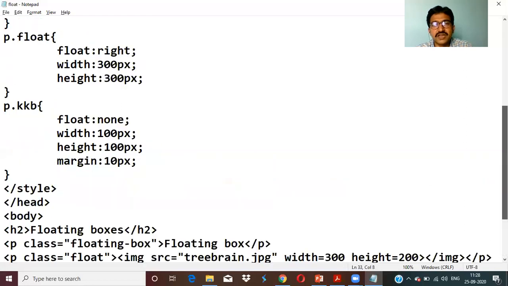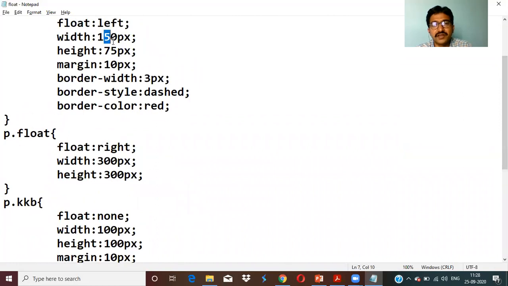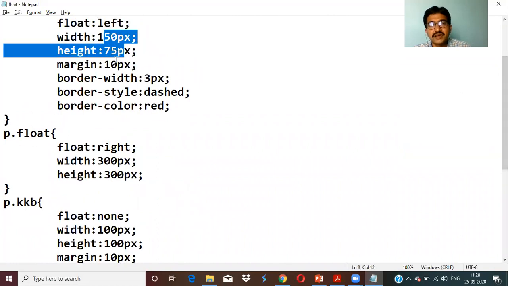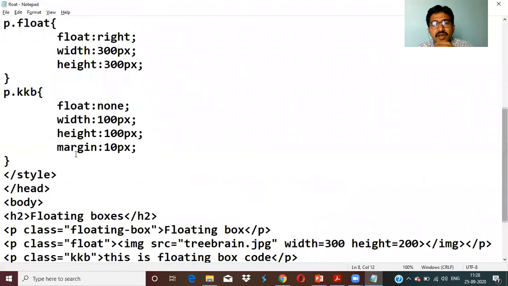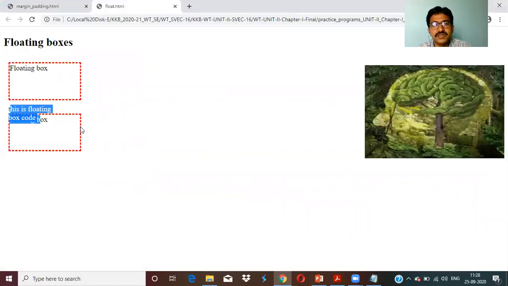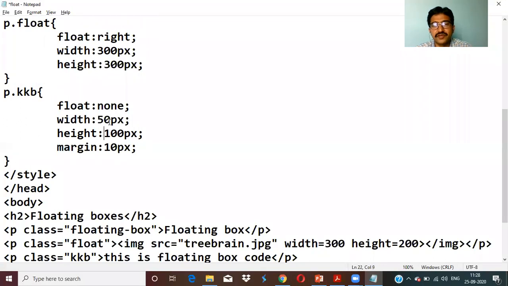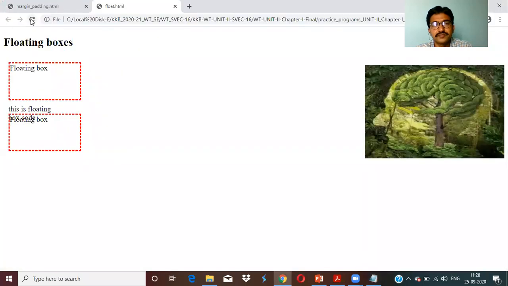But this floating box class is using a width and height of 150 and 75. So if you use a height of 100 for this one, definitely it will overlap in the same line, because the floating box has already started here, from the height and width over this. So if you use 50 and 50, then it will not overlap.